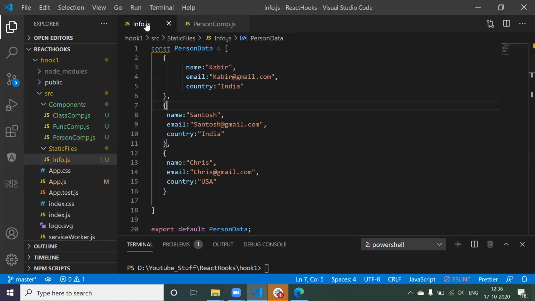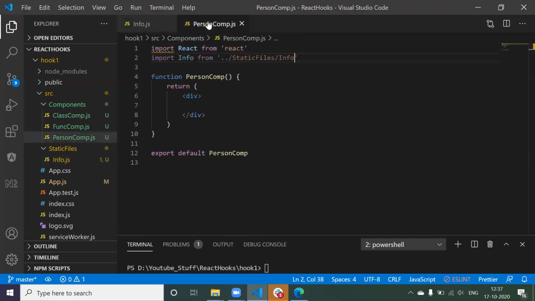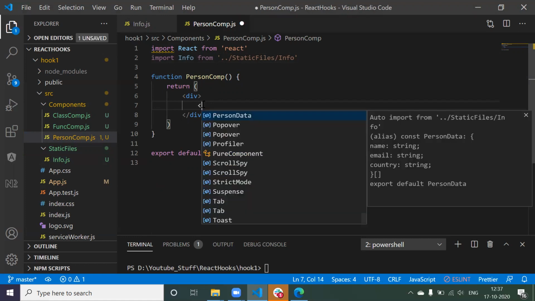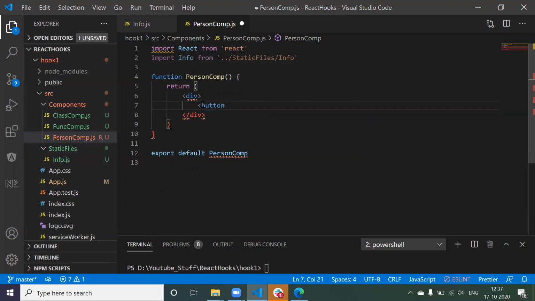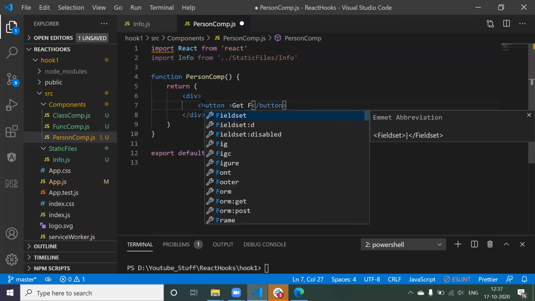Now let me come here. It's the person data and it's from the info file. Okay, fine. Now here I wanted to construct a card using Bootstrap, right? So what can I do? First of all, I wanted to create a button here. So let me create a button. I'm going to say button, get data.